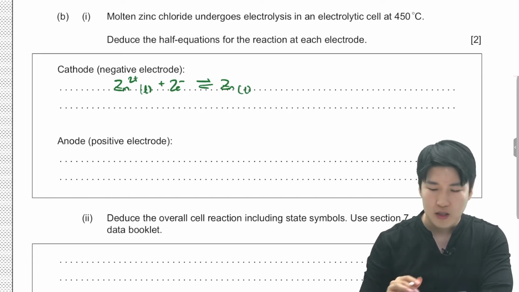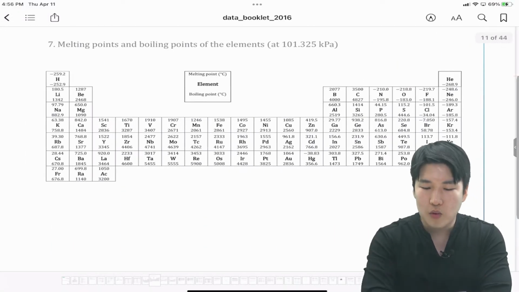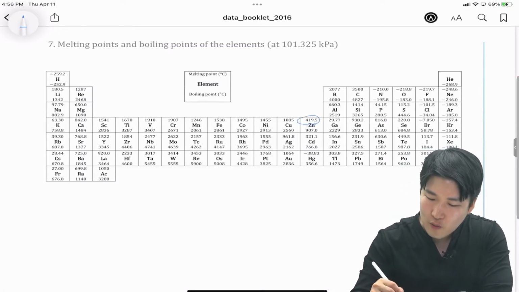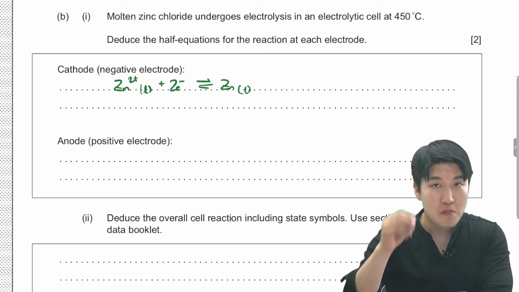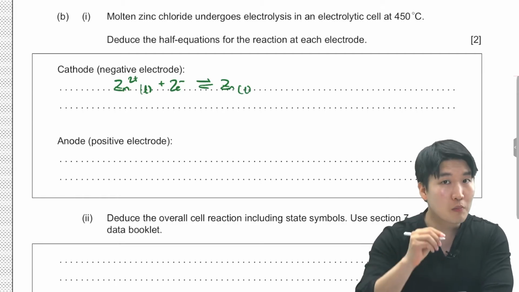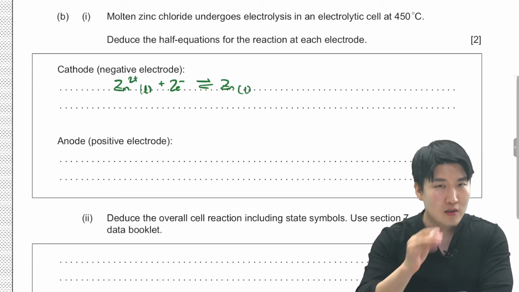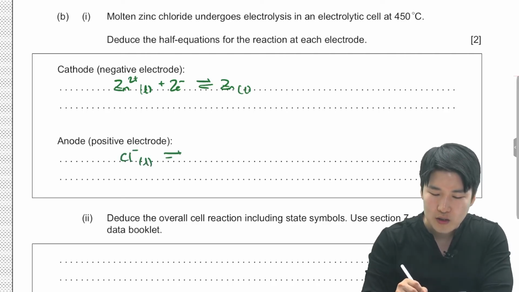We do need to check that, so let's check that by going to melting points and boiling points of the elements. I do see zinc to have 419.5 degrees Celsius melting point, which is lower than our electrolytic cell temperature. Therefore, it will be molten and therefore liquid state. We don't need to be concerned about chlorine because chloride ion will be oxidized into chlorine gas